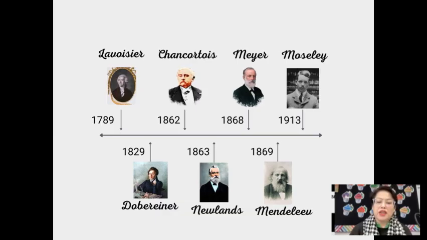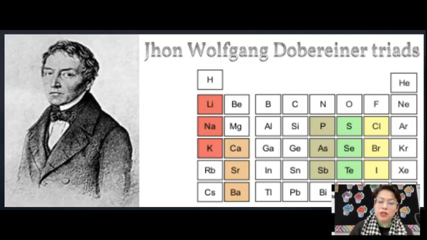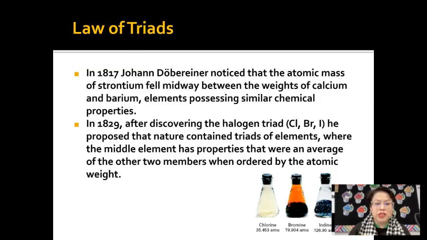At the beginning of the first decade of the 1800s, we have other attempts at organizing information, specifically of the elements, because of the new things that scientists were discovering. The German Johann Döbereiner, for instance, was trying to show how sometimes elements present similarities with each other, even when they are different. So he found what he thought was a scientific law. And this was the law of triads, where he grouped elements with similar characteristics and ordered them by increasing atomic weight. He found that the middle element out of 3 would have more or less the average weight and characteristics of the other 2 elements in the group. So he thought this could be true because he proved it with several examples.